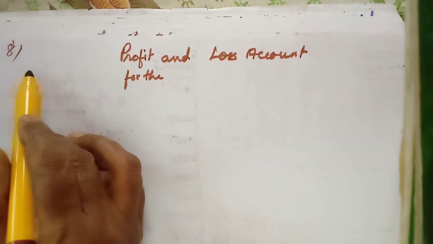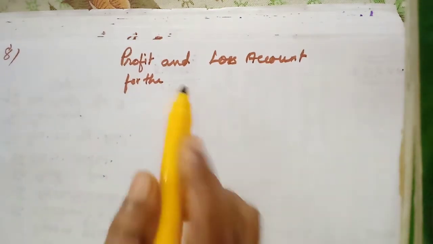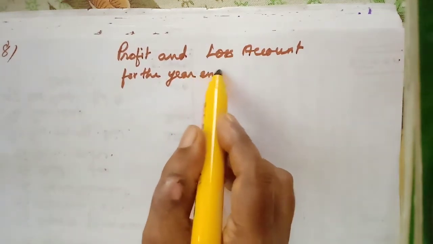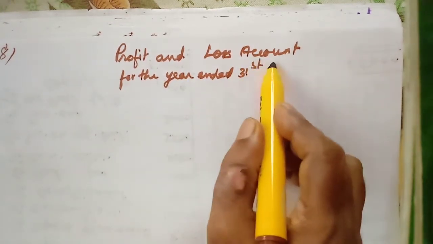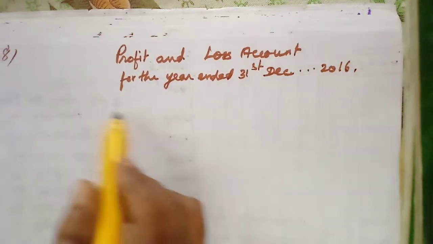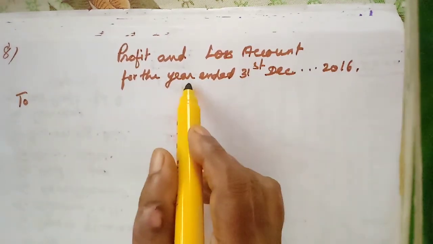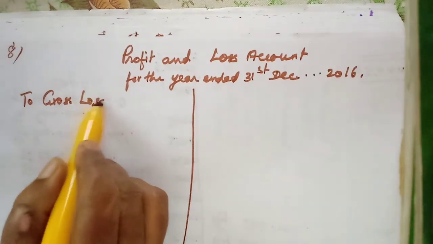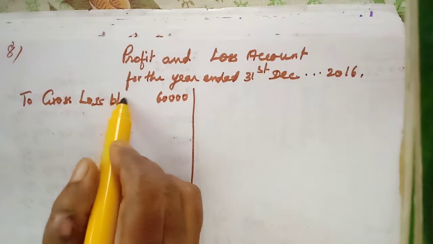Okay, for you 2 lines will be there in the books of first line. Then from the left side you start profit and loss account for the year ended, till the end of the next page. 2 pages you can use. So profit and loss account for the year ended, ending given. Whatever is given there you write. 31st December fully you write. 2016. Okay, first one gross loss. So it will come to gross loss 60,000. So when we write the trading account, here we should write brought down.